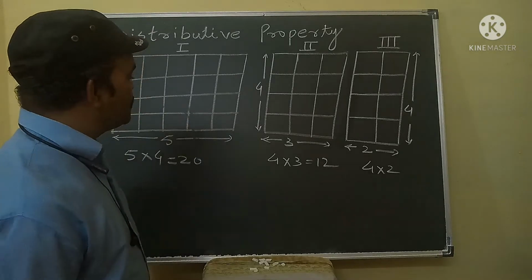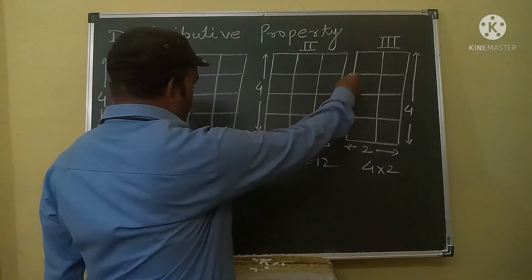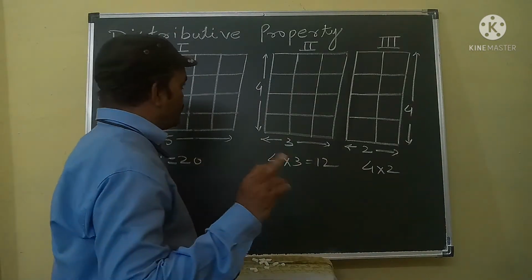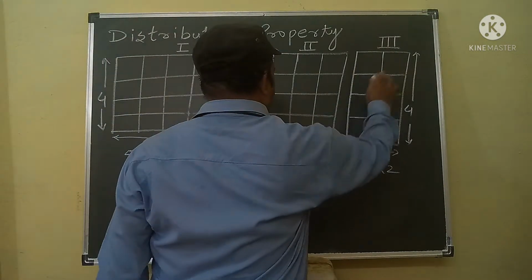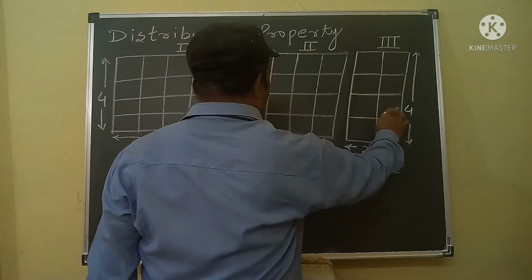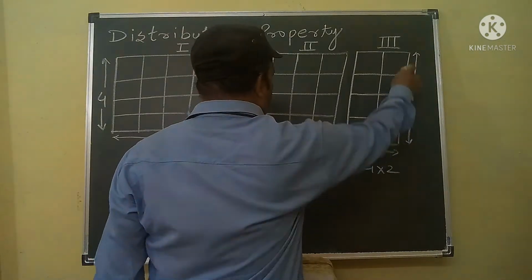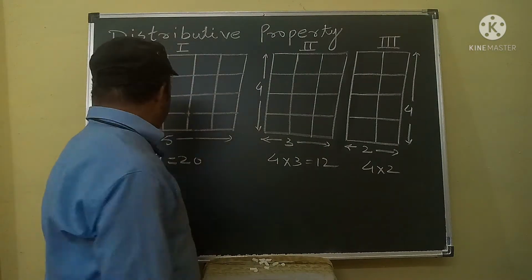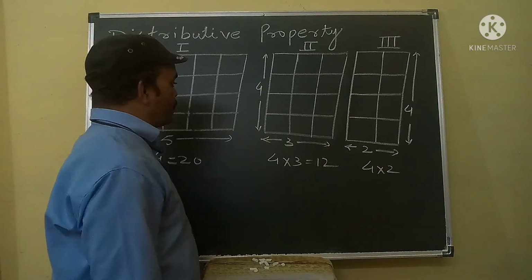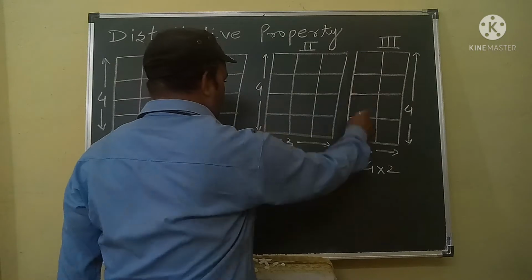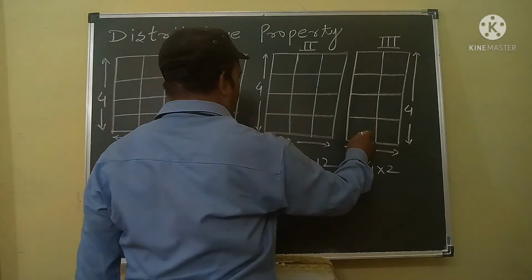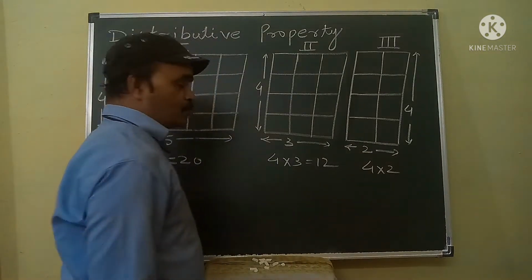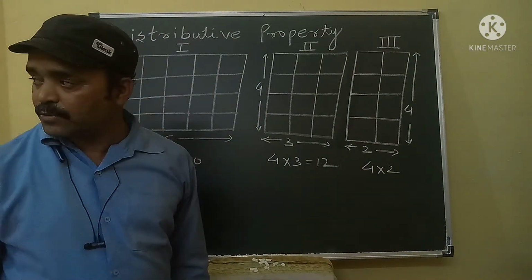We apply the same procedure. In the third block, first we count the lines. First line, second line, third line, fourth line. So there are 4 lines. Okay. Then after we will count the columns. First column, this is the first column, this is the second column. So there are 2. I wrote here 2.